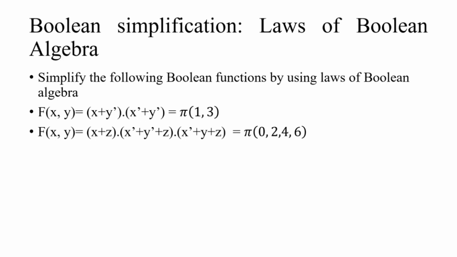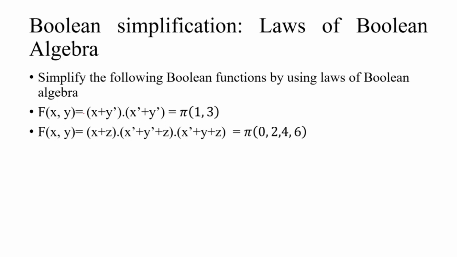And then in the next classes, or some upcoming classes, we will try to see how we use a Karnaugh map, also known in short as the K-map technique, to minimize a Boolean function. And what law do we generally follow during minimization using a K-map? Here we discuss the simplification of a Boolean function by using laws of Boolean algebra.